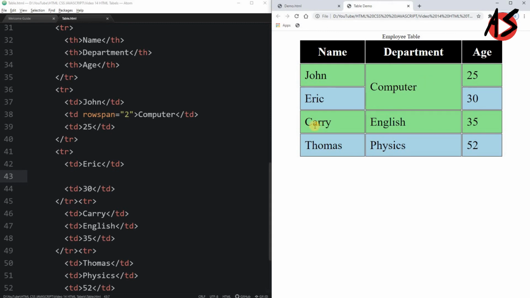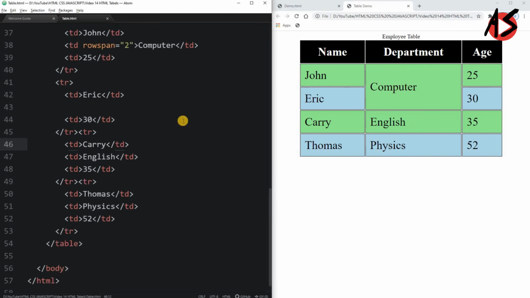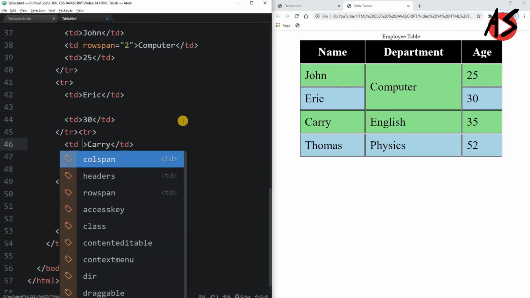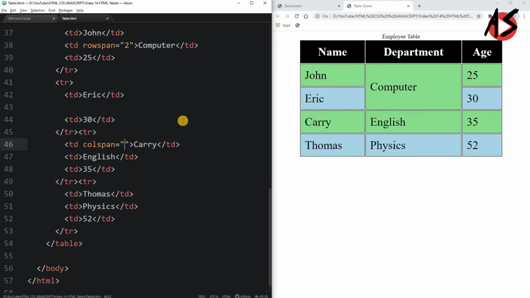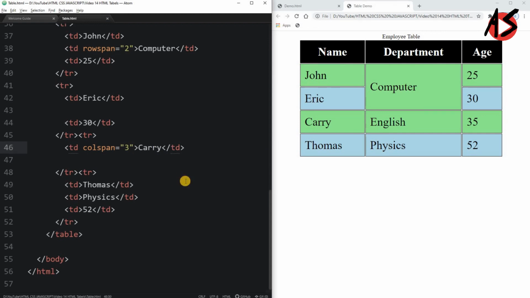Similarly, if you want to merge three cells, with your data of table like Carry, you want to delete, then you can write deleted row here and then you can merge the entire row here. So you can write table data of employee Carry in which you will take the column span is equal to 3 because you want to merge the three cells here, and once you are merging three cells, the remaining two cells are not required here, and since you are deleting the data of employee Carry, you are writing here deleted data and refresh page.